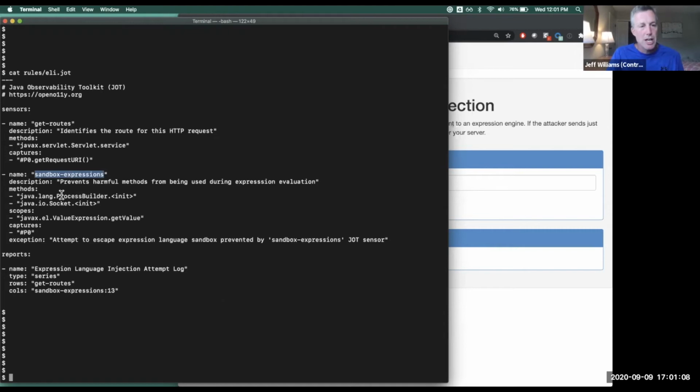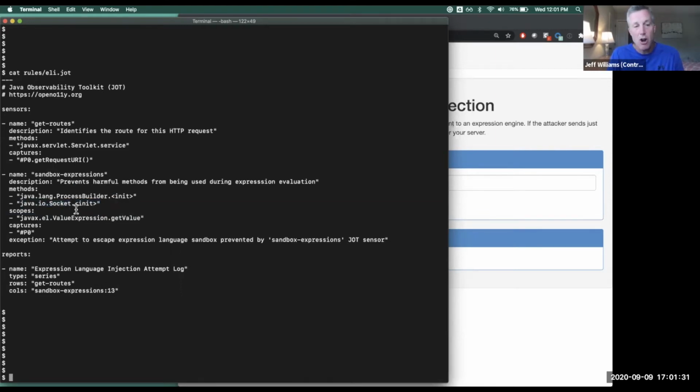What this says is, if you're inside the scope of ValueExpression.getValue, which is what actually evaluates the expression, then we're not going to allow any calls to ProcessBuilder or Socket. So you can't create any native processes. You can't start any sockets.